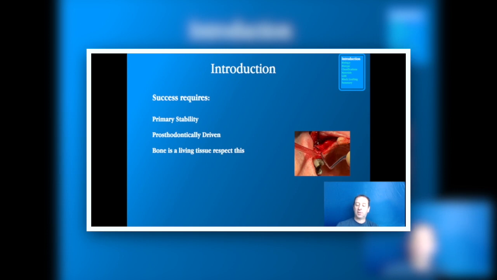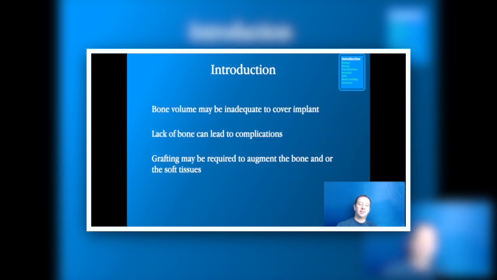But what we often find is that when we are placing our implants in the ideal prosthetic position, that the bone volume can be inadequate to cover our implant. And if we don't achieve coverage of bone around the implant, then it can